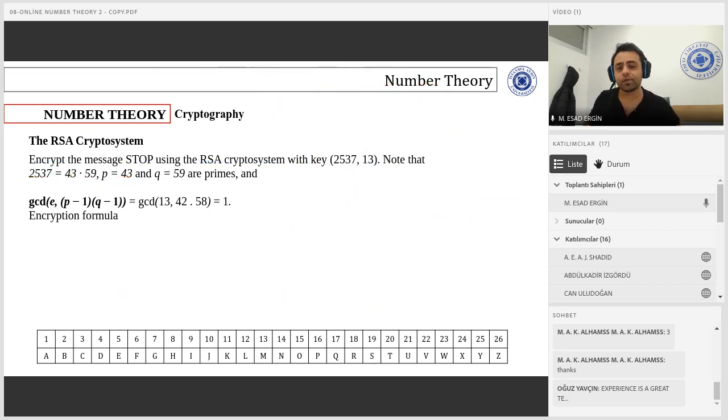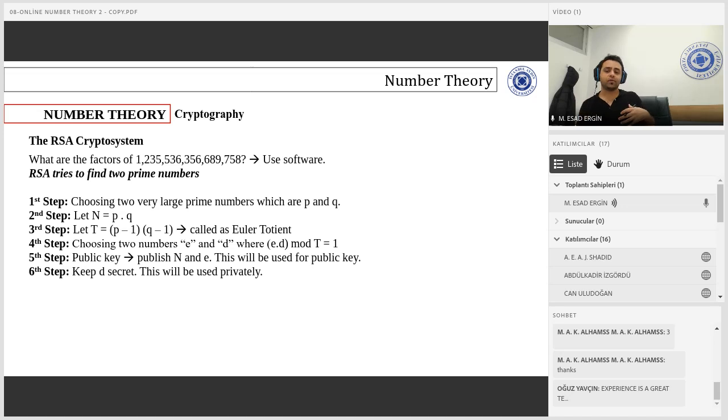Okay, let's continue with how we are going to apply the RSA algorithm using our handy calculator. So what are the factors? For example, to factor very huge or large numbers, we have to use software, but in our